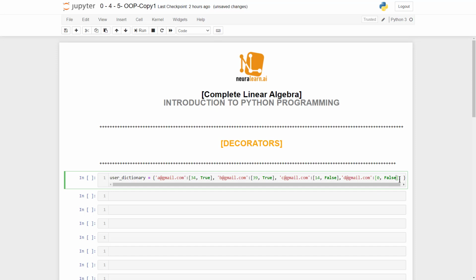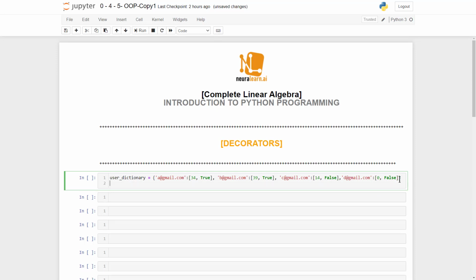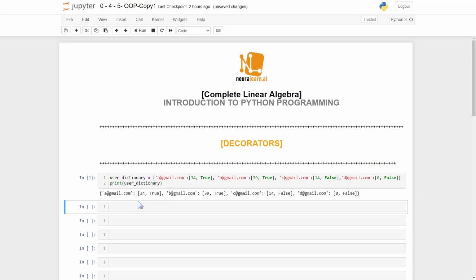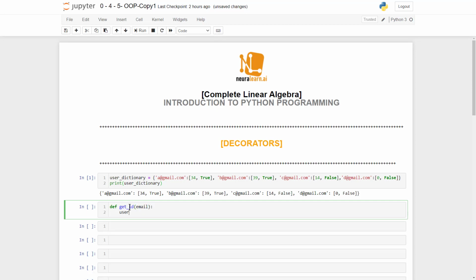Okay, so we have this system, or this database, where we could link the email address to a corresponding subscription status and ID. We could print out this user dictionary. There we go. We can now define two functions, where the first function permits us to get the ID based on the email address. So here we have the ID based on the email. We have user of email, and then